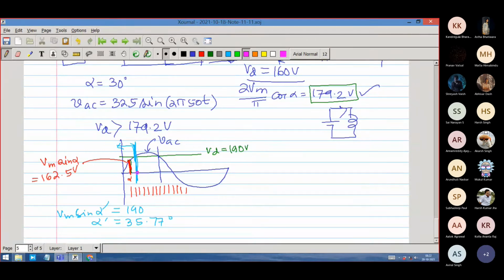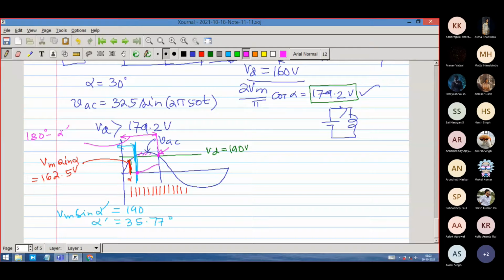It is starting from 0 because in discontinuous conduction mode, till it reaches this point, this is a positive area, the current ID is positive, right? Then I don't know when it will come down to 0, but I can make out what this angle must be. This must be 180 degree minus alpha dash. That must be the angle